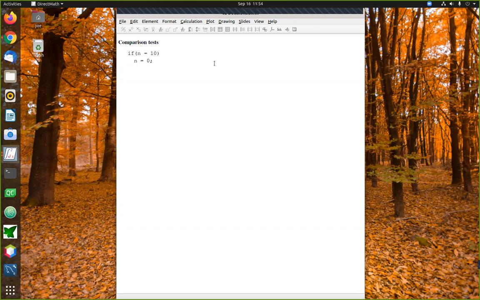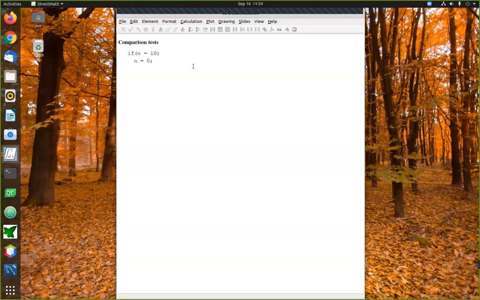Here's what happens in this case. If you forget that the comparison operator where you're checking whether or not two things are the same involves 2 equal signs, and you accidentally write 1 equal sign, you get something like this. What this will actually do, this isn't a comparison, this is actually a command. This basically says, go ahead and set n equal to 10. So instead of asking, is n equal to 10, it actually goes ahead and sets n equal to 10. And then it asks, what's going on here?